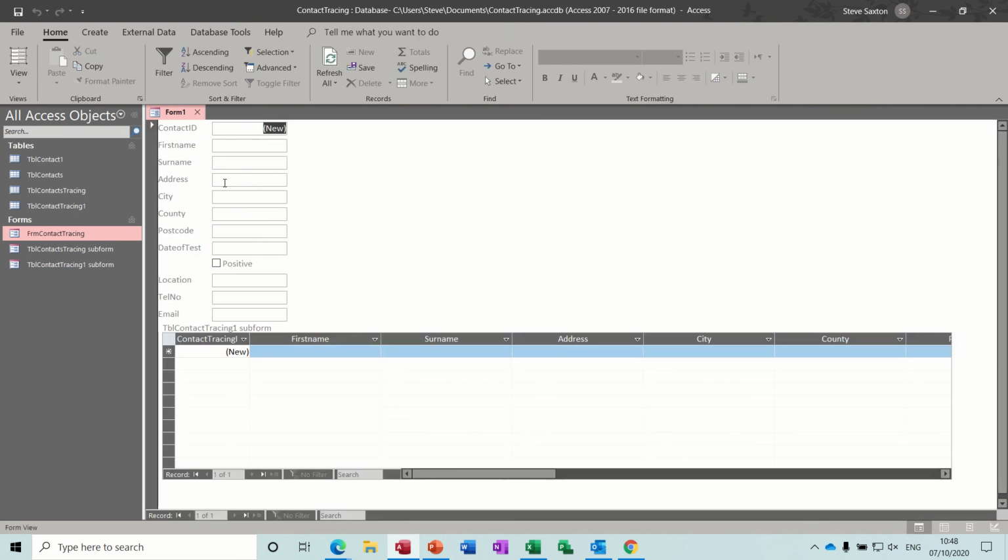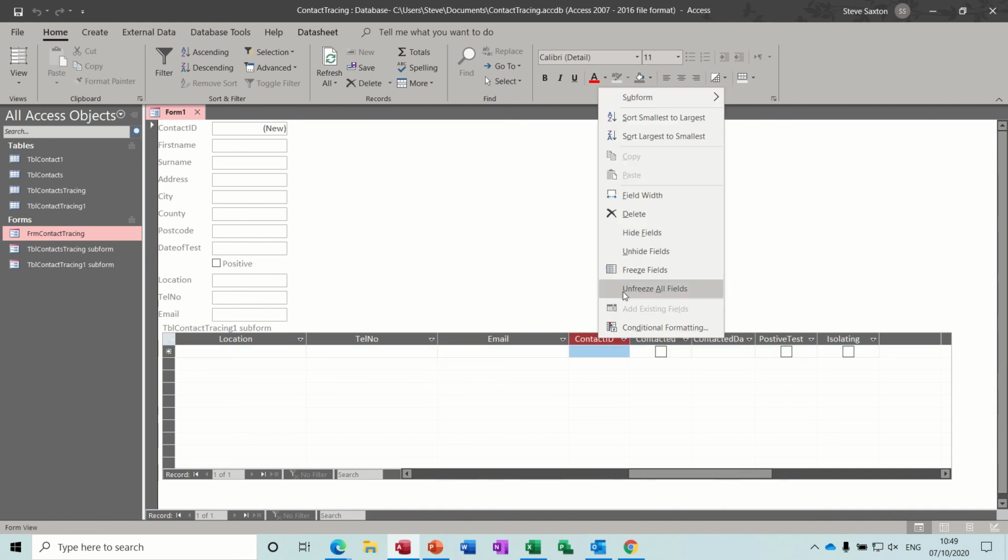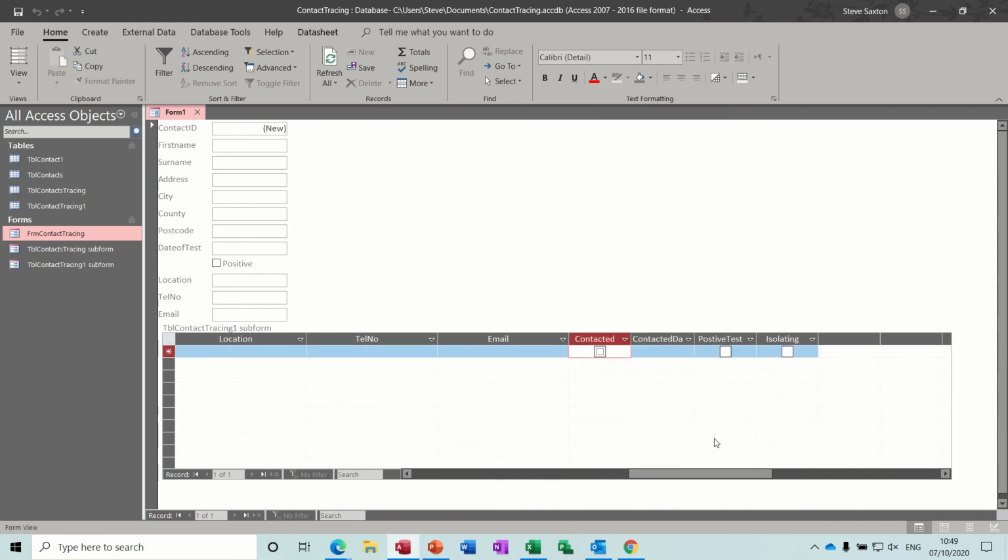Okay, so there's a contact person. If you test positive, all the people that they've been in contact with, you would list them there. The people you need to contact, you would list them there. So in this particular one, we don't need to have that there. So we'll just hide that one. Okay, then we can run reports based on whether they've been contacted or not contacted, whether they tested positive or not positive, whether they're isolating or not, based on this being a positive test. So all of that will have to be done through queries, and then reports, which is not for this session,